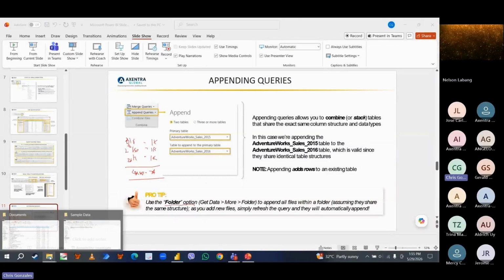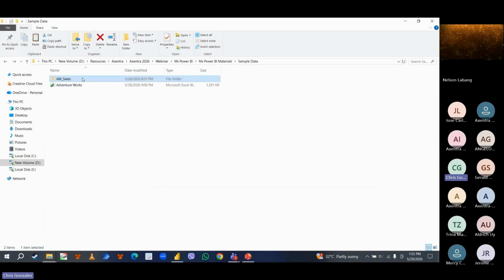For example, let's say in the future I have 2018, 2019, and 2020 data. All I need to do is to place them over the folder and then click the refresh button. So what will happen along the way, Power BI will look for the folder and will consolidate automatically all the added files in the table and display them as rows in the consolidated table.